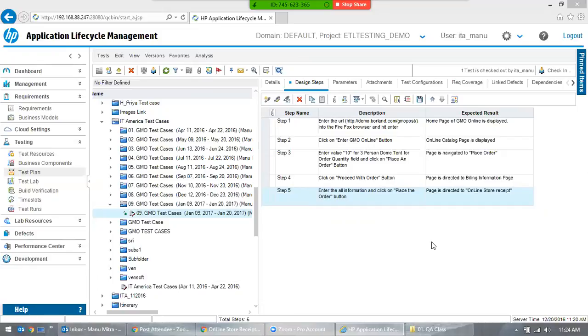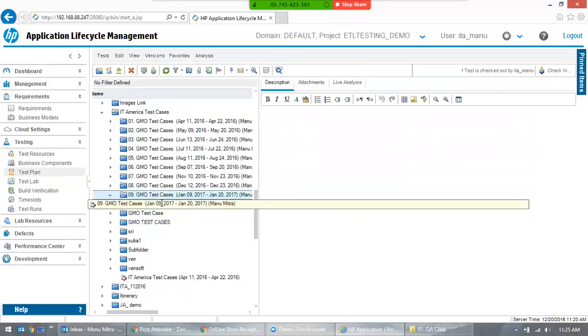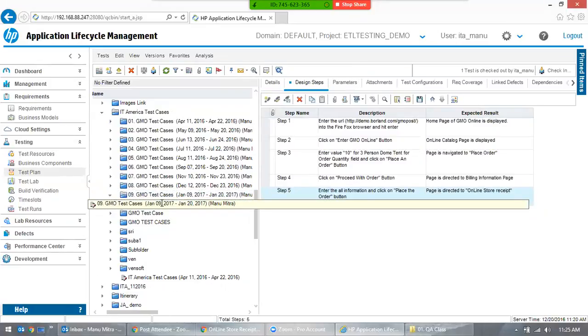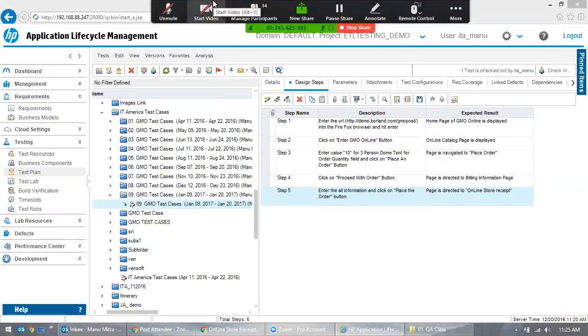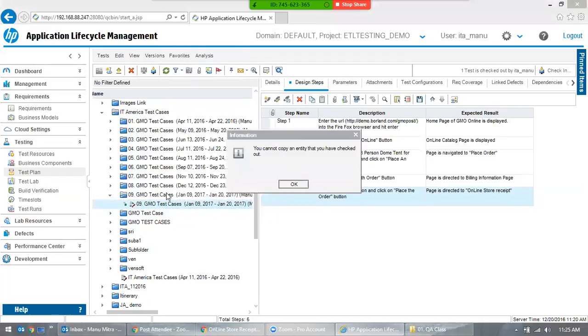Okay, so we have successfully created test cases. So this is one set. Okay, this is just one set, and you want to write test cases for every set. Okay, so let's say this we have written for Firefox. You also want to write for Safari. So what you do is you can just copy it and